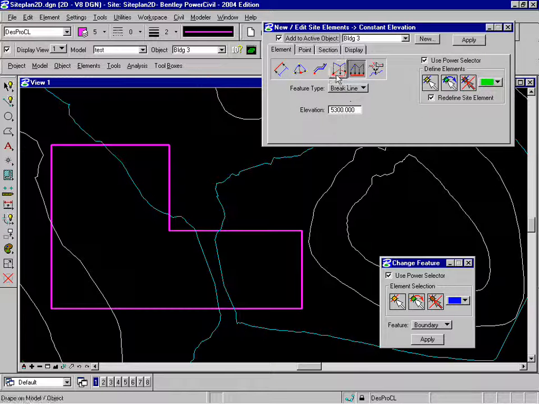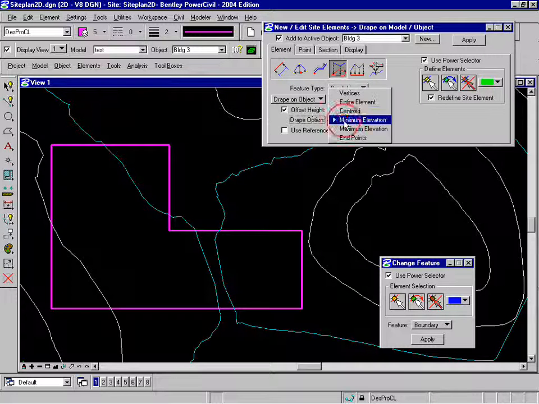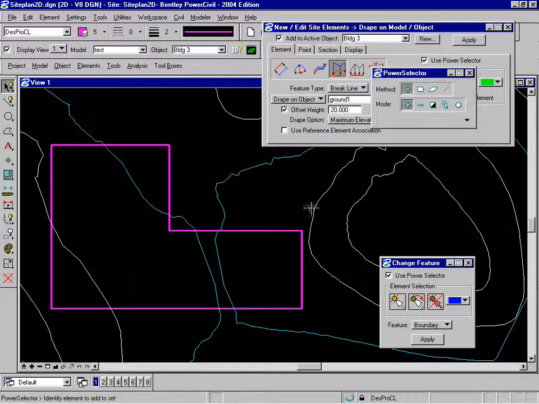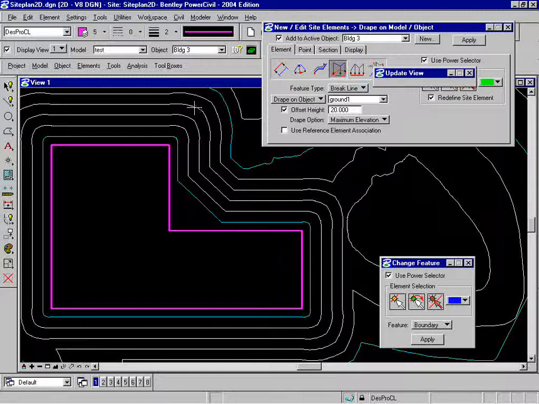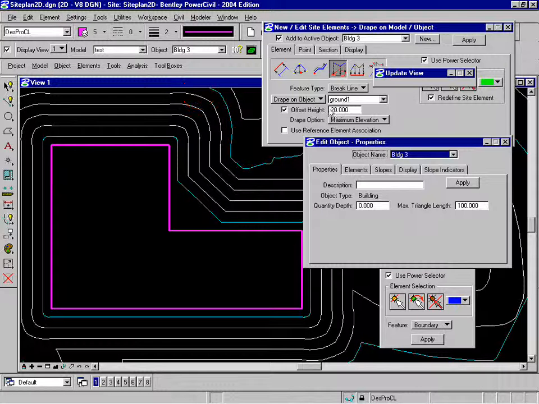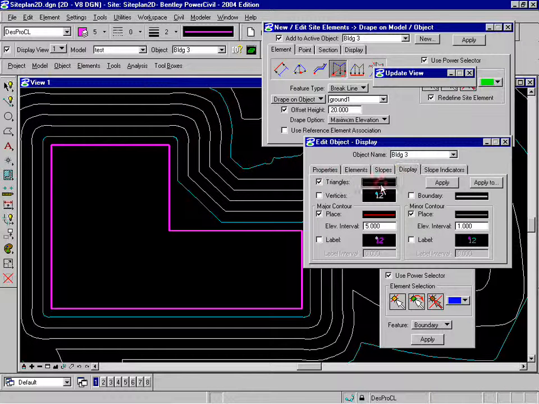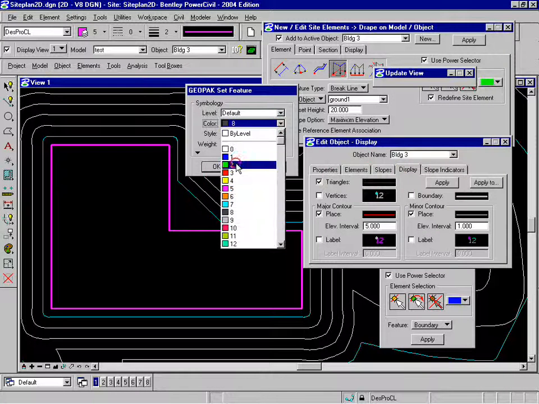Elements, New Edit. Let's drape it on the ground at an offset height of 20 using the maximum elevation. Let's select that and click Apply so that particular building is all in fill. Now if we go Object Edit to display the triangulation that makes up that building,